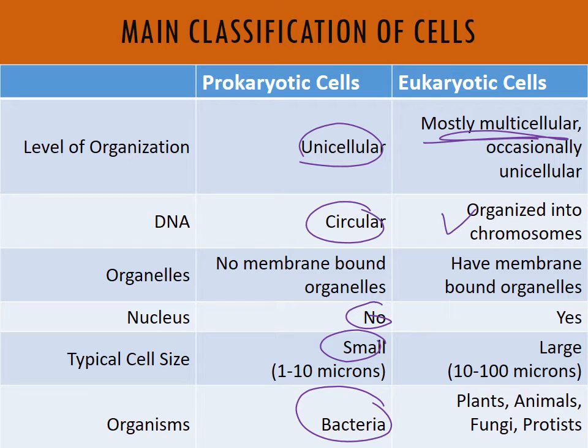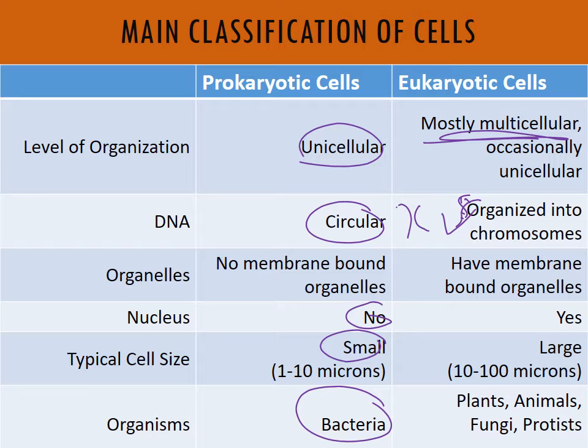All right, and that means you have this looking thing, and this is basically double-stranded DNA. You have membrane-bound organelles, and this nucleus, because the DNA is in that nucleus, we know for humans and plants, for example, and they're typically larger cells than prokaryotes, and plants, animals, and protists and fungi actually occupy that